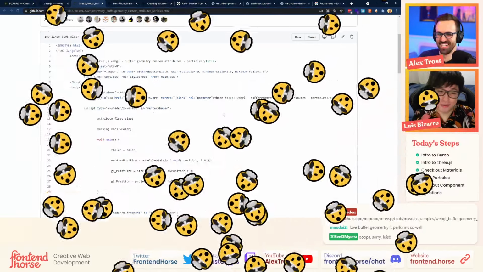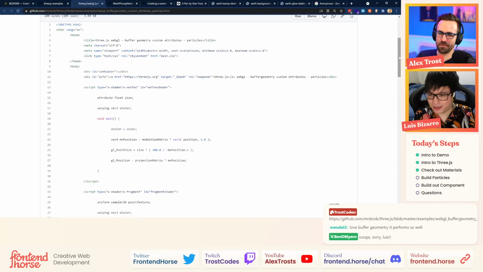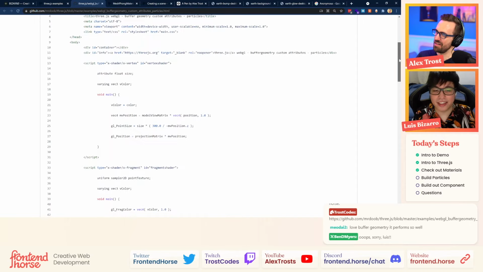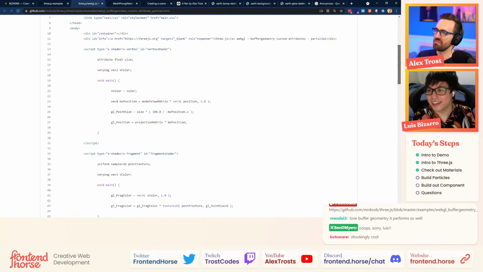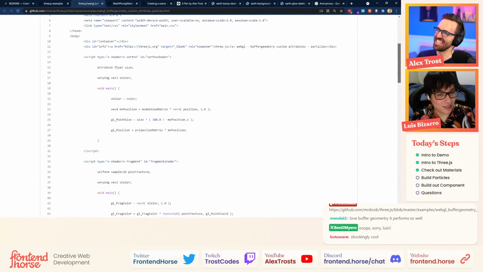The good thing about this approach for particles is that we're going to use buffer geometries, like someone in the chat mentioned. It's more performant than creating multiple spheres and animating each one of these spheres. So we're going to batch all the vertices, create a shader for that, and then it's going to glow and everything around the globe. Awesome. Just to speed things up a lot.